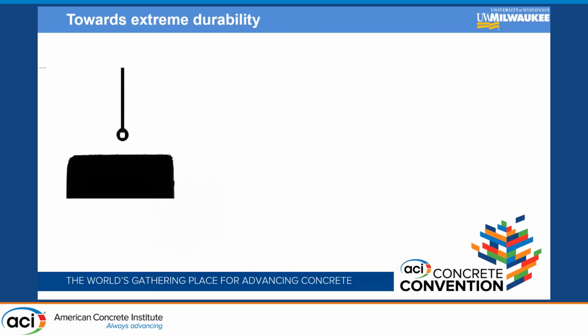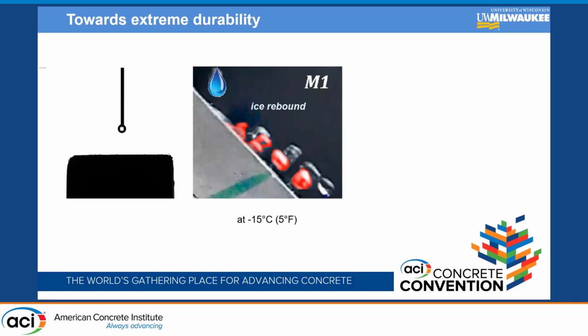Moving forward, this is the output of the goniometer. We can see the droplets placed at the surface, in the one-layer scenario again. This is a concrete surface, fiber reinforced concrete. We can see contact angles that are high, and the water is rolling off the surface after some time without wetting it. The same sample was tested for ice rebound at minus 15 degrees Celsius, so it's 5 Fahrenheit,